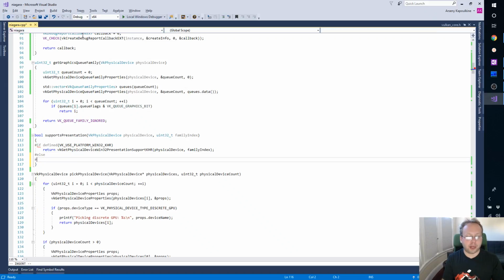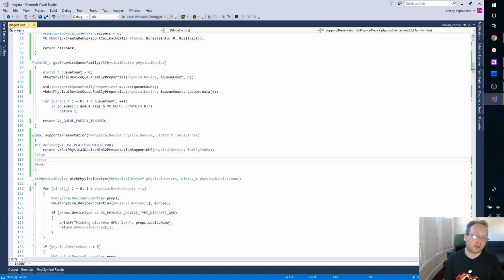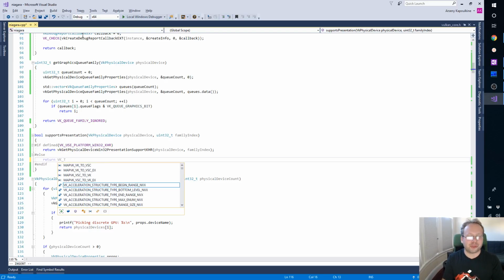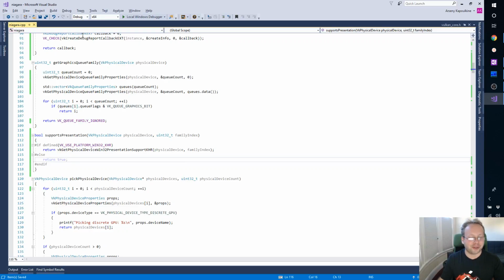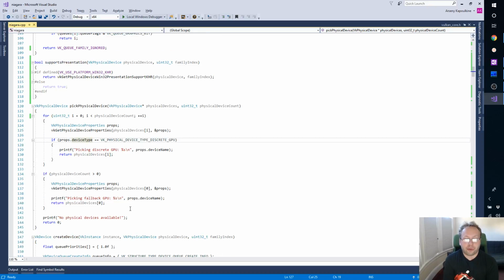If anybody ever ports it to Linux, this will be one more thing they'll need to fix. Well, should we just assume? Let's just assume true, because seriously, I don't know. But yeah, this is the correct thing to do. So the correct thing to do is that when you're going through devices, you have to